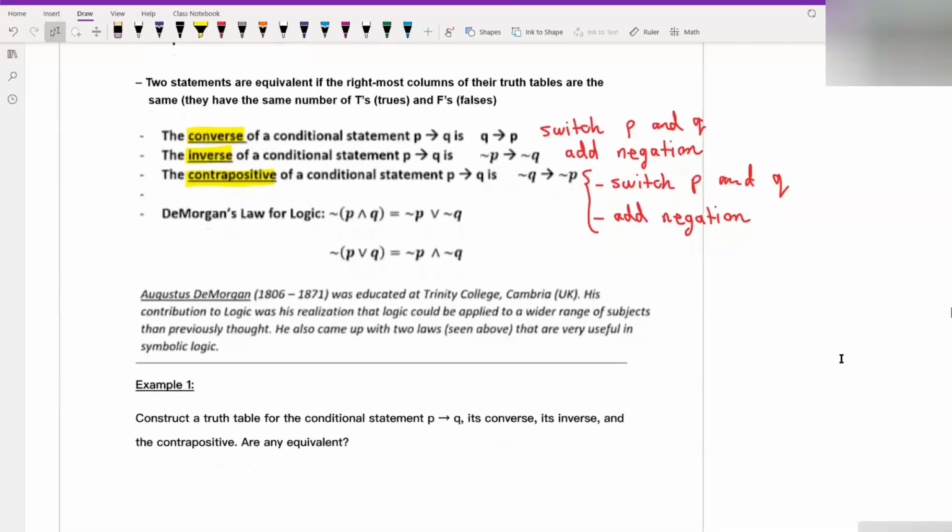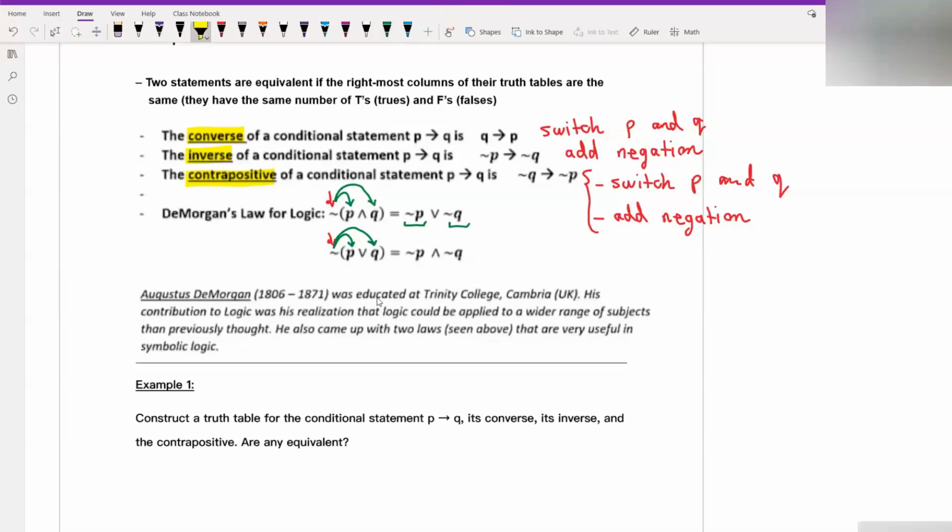Next one, De Morgan's law. So the first one, negation of P and Q. The second part is negation of P or Q. When we have negation, that means this is not true. So it is false that. And we have to apply this negation to both of our simple statements. So applying that, first we have negation P, then we have negation Q, but the point is you have